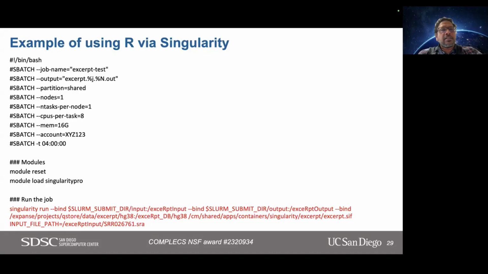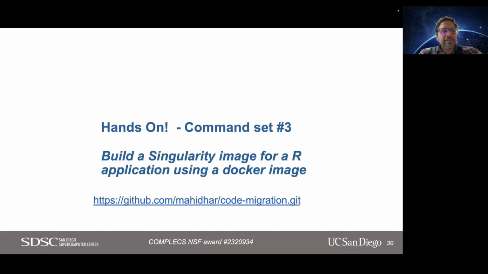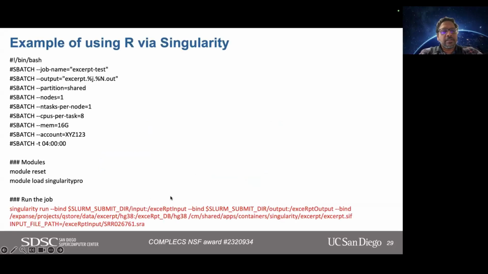So here is an example of using R through Singularity. This is that excerpt thing that I mentioned. Once the image is built, so the module reset and the Singularity Pro module is loaded, so you get Singularity. Now in this case, notice I'm doing a Singularity run and not an exec. It's because this container actually has a default run script in it. So when you do Singularity run, it's going to just run that script. I have this example shown because it's a little different from